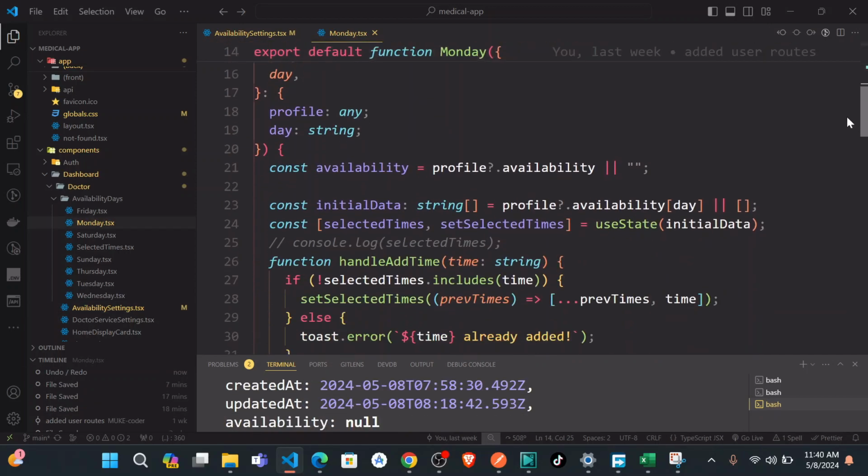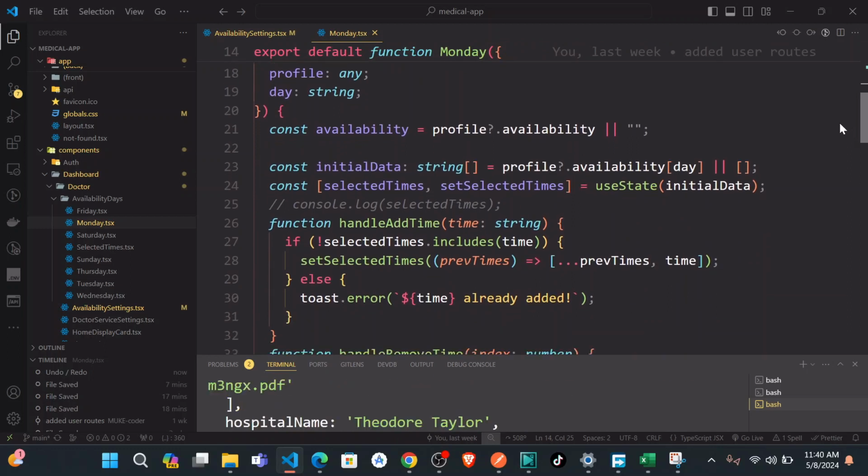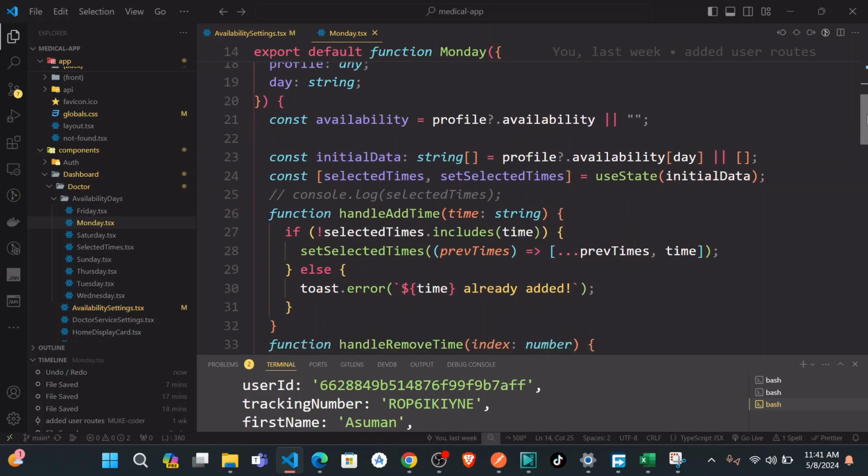So the only thing I'm just going to do is that since we are getting everything here, we're just going to go ahead and do what? So here on the profile dot availability dot day, remember in the first case this is null. Profile dot availability is going to return null. In that case, we could just say something like